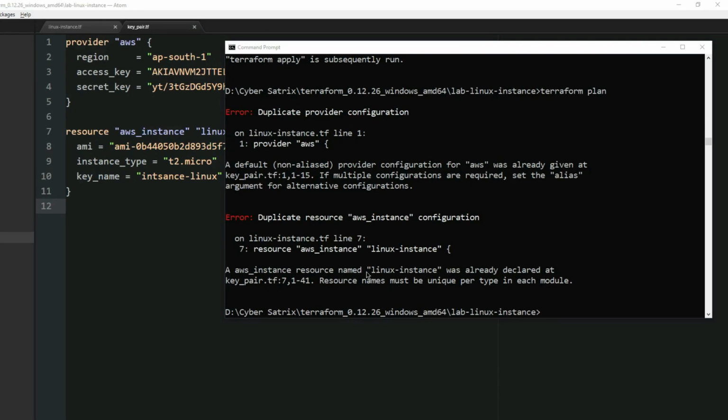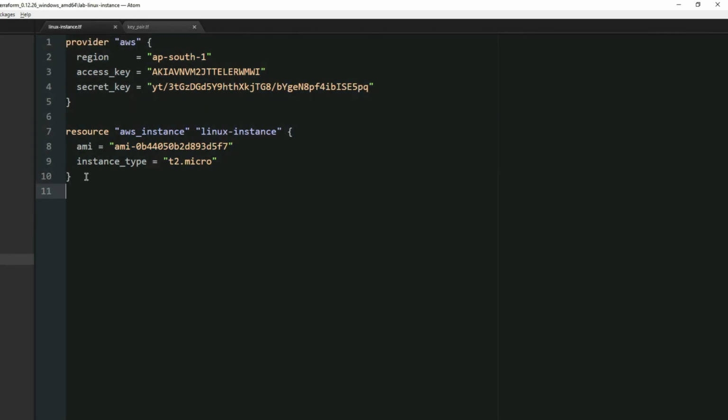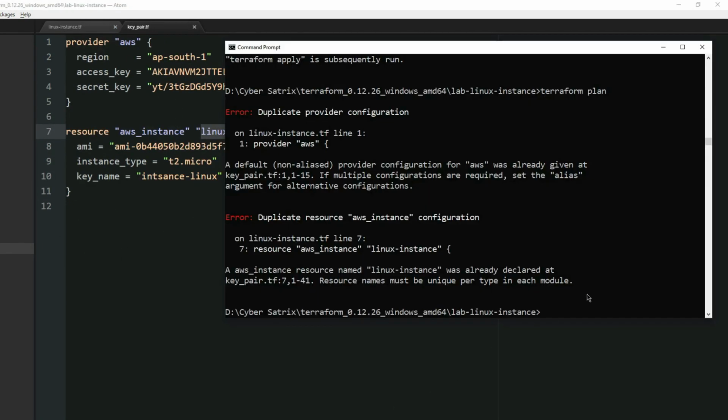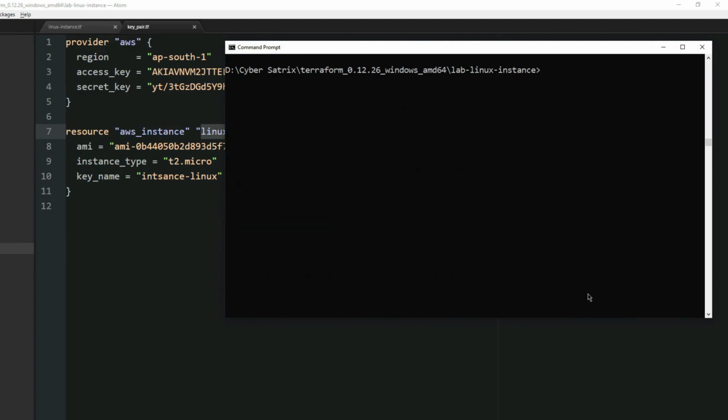Okay, I got this error because I already have this file created here, and that is why it's saying it's a duplication, because we should have a unique ID associated with each instance that we're going to spin up. So let me just comment this out so that it does not read this Terraform file. Now let's try terraform plan again.